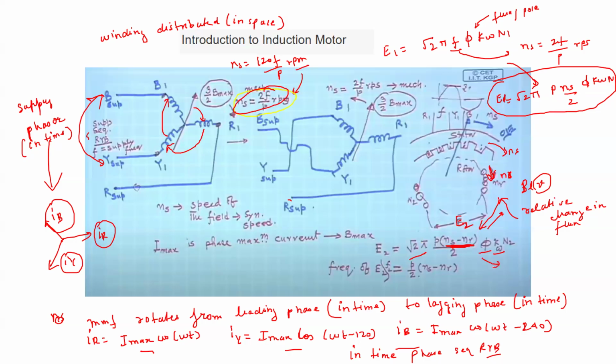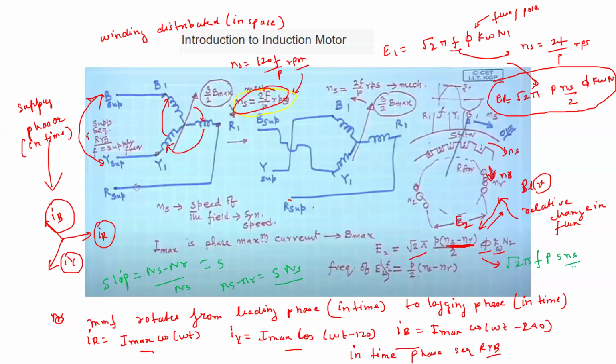Now I'll introduce something called slip. So slip is (Ns minus Nr) by Ns, and I note it as s. So instead of Ns minus Nr, I can write it as sNs. So this is root 2 pi f p